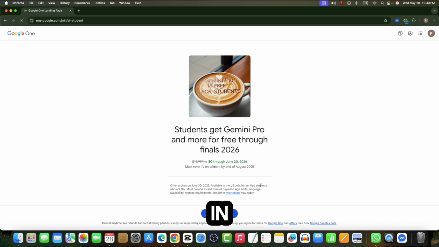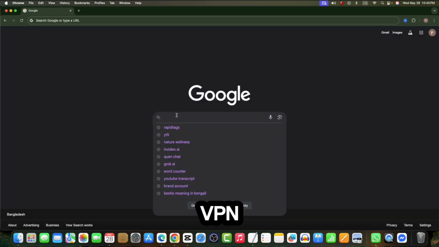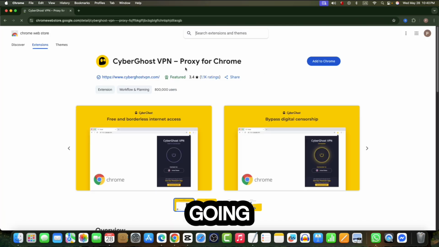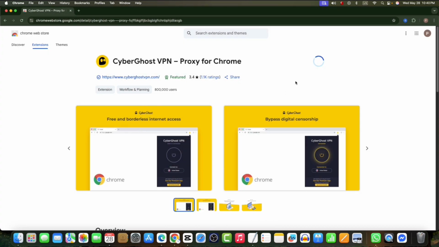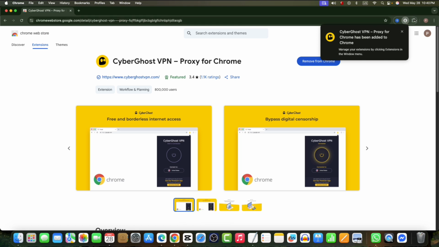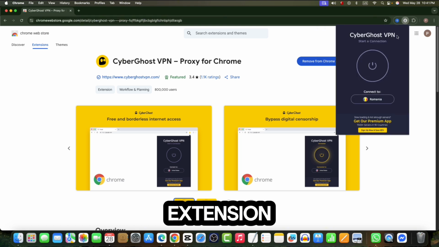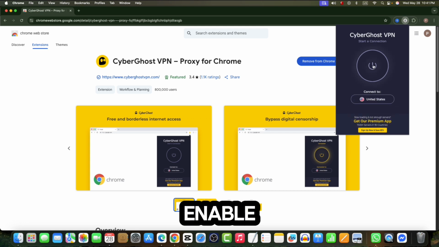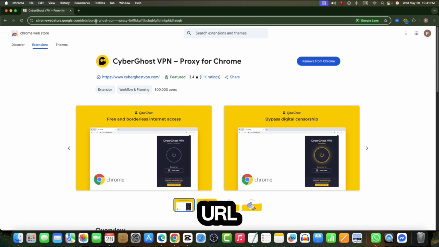So first we need to install a VPN extension. So I am going to search the VPN. And this is the VPN I am going to install. Add to Chrome, add extension, and it's added. Now go to the VPN extension and then select United States. Click on enable and it's connected. Now I am going to enter the URL